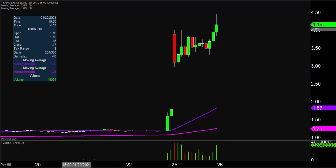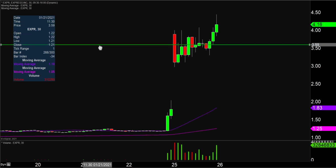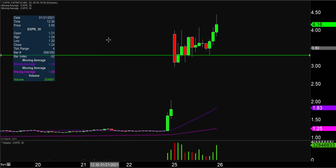So the first level of support is what I would call the ideal level. It would make this chart look the absolute strongest going forward, and that would be if the price could stay up here above $3.30. Now, don't get me wrong. If the price falls below $3.30, I'm not saying the entire chart's destroyed or ruined or anything like that. But yeah, if the price could manage to stay up above that area, that would certainly be a fantastic sign